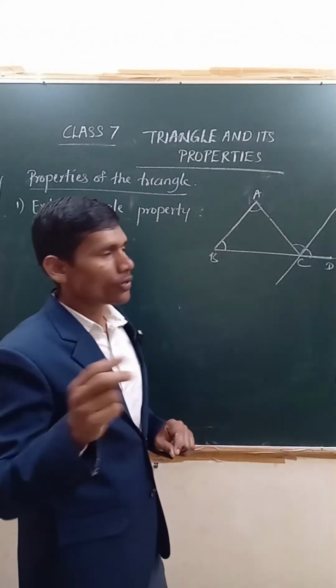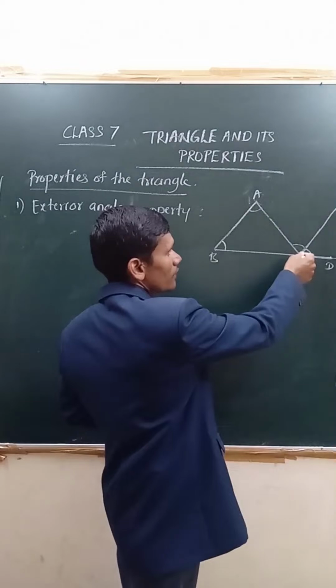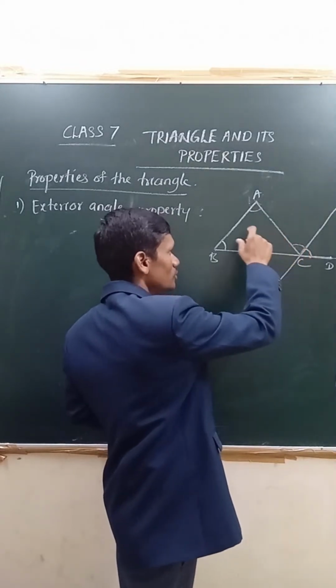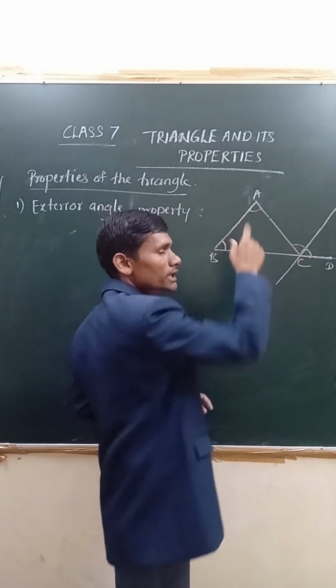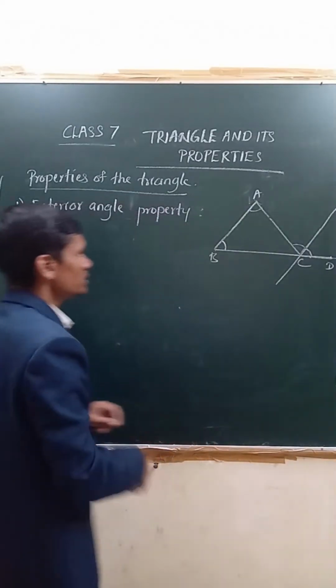So that is how we can define this. The exterior angle of a triangle is equal to the sum of its opposite interior angles. Simple property, right? What it says,